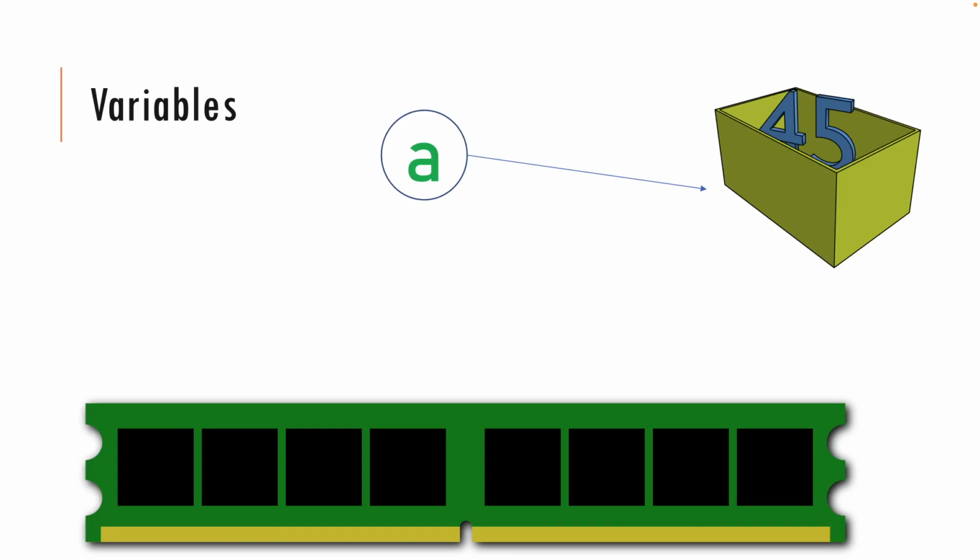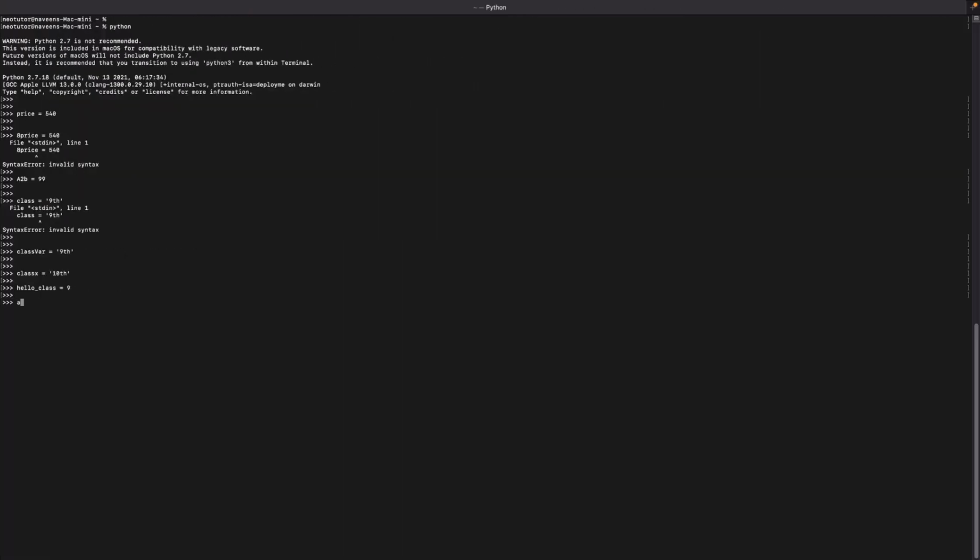So you see this container, this box, what is this? This is a variable, and it is having some value, 45. So a equal to 45. I stored a value in a, and now I can refer to that value later, or print a. You can print that, or you can use variable a and add 5 and you will get 50, or